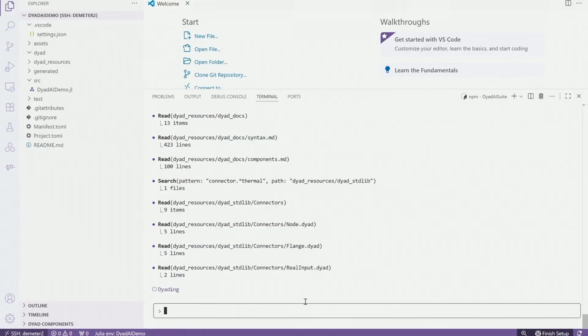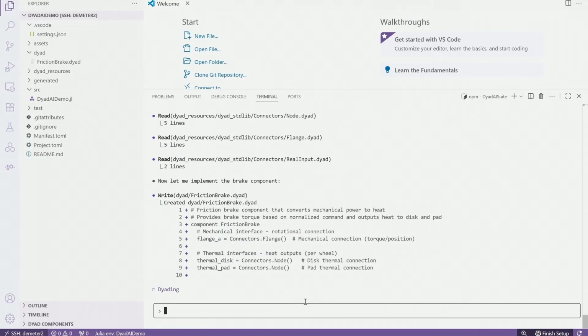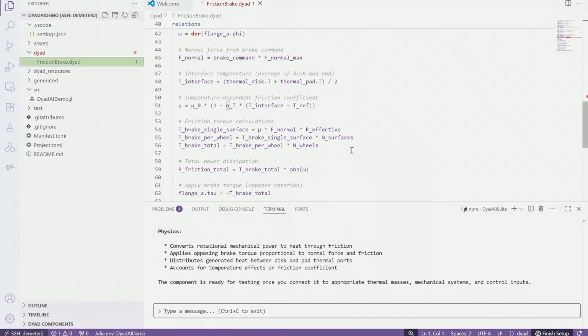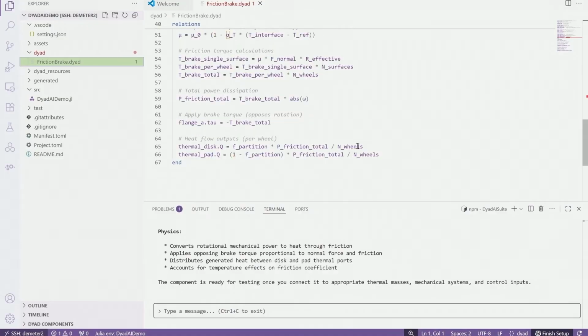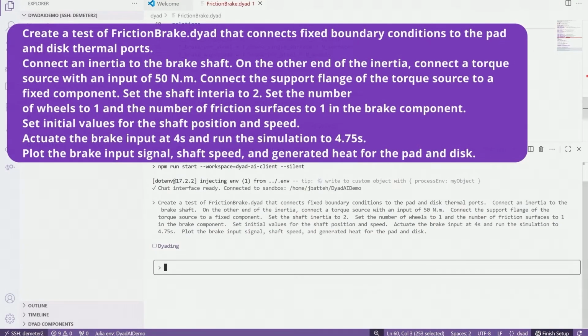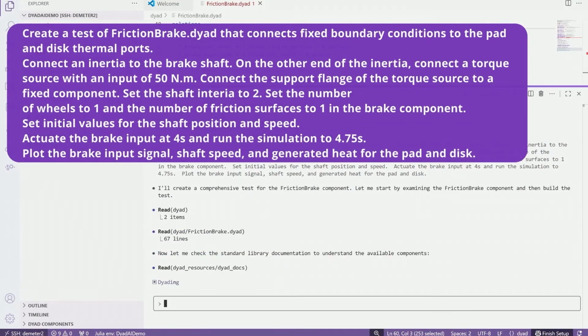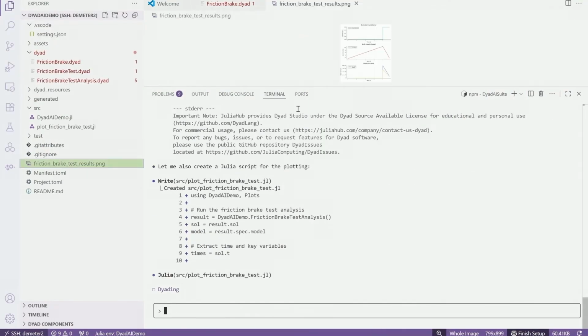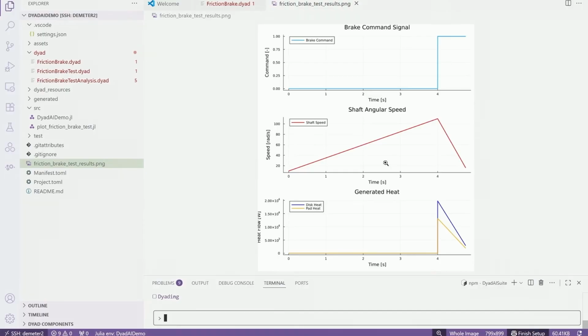The agent knows which component primitives are available and utilizes them to implement the model. Now we have executable, fully parameterized code that represents the physics. Note that the code is well documented and very nicely formatted. We also ask the agent to create a unit test that exercises the model under specified boundary conditions. We can test that the component is behaving correctly and also subsequently use these tests to help refine the formulation